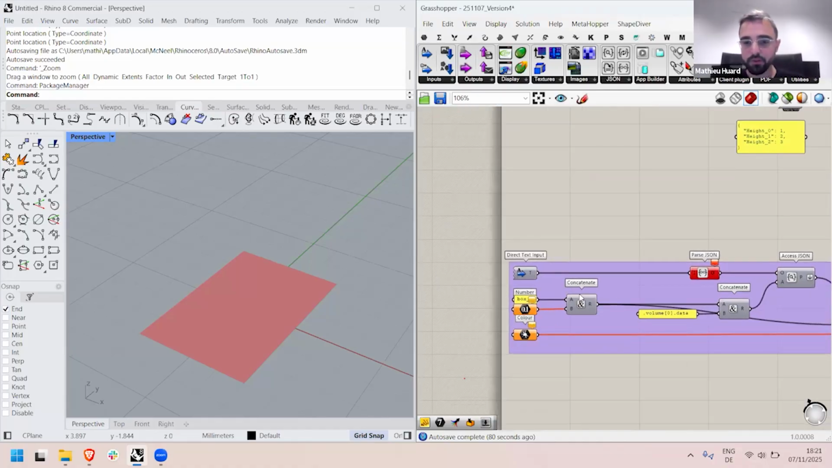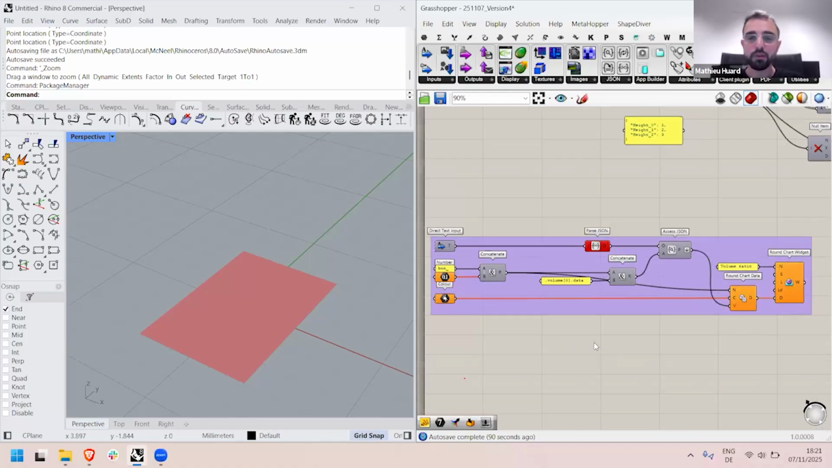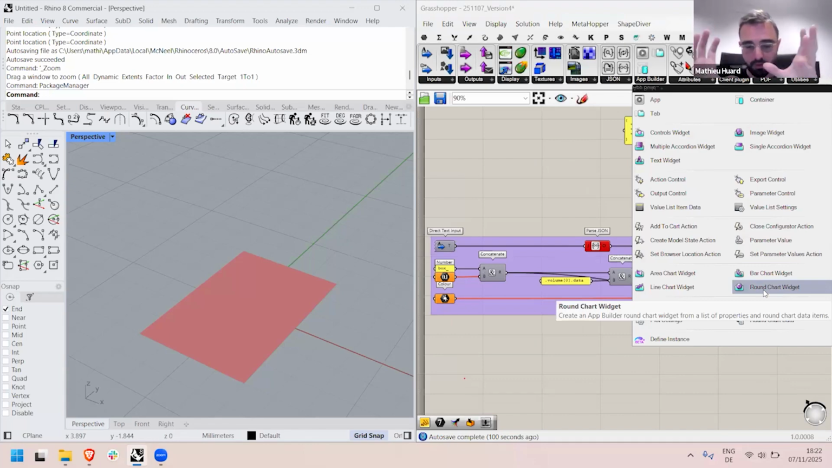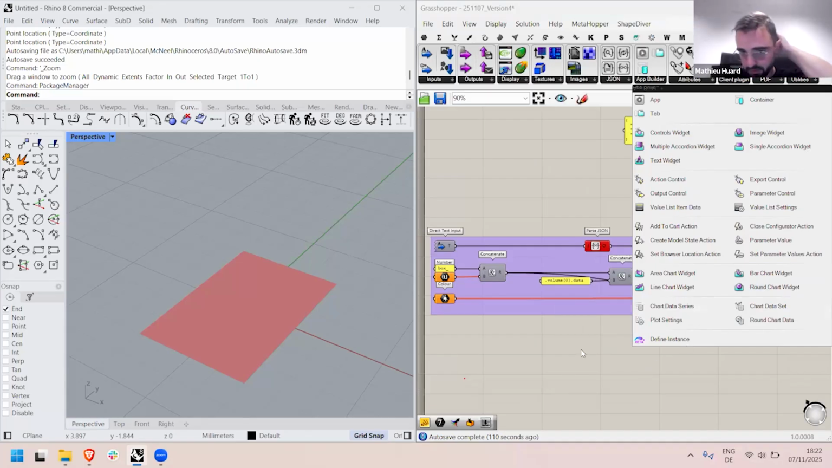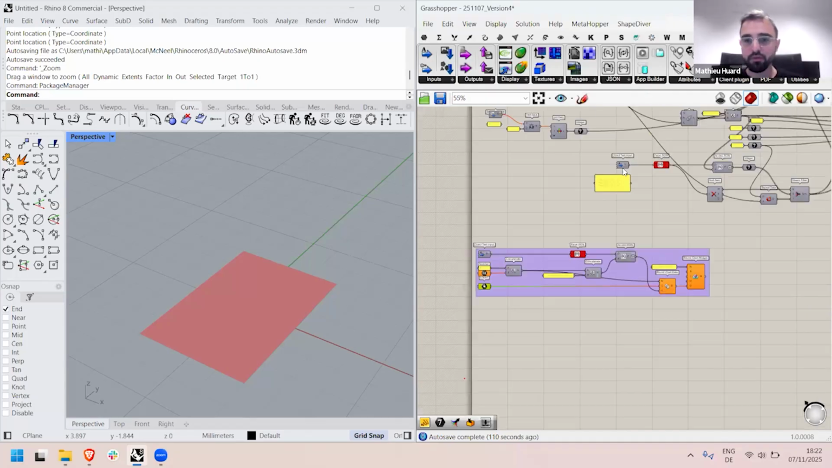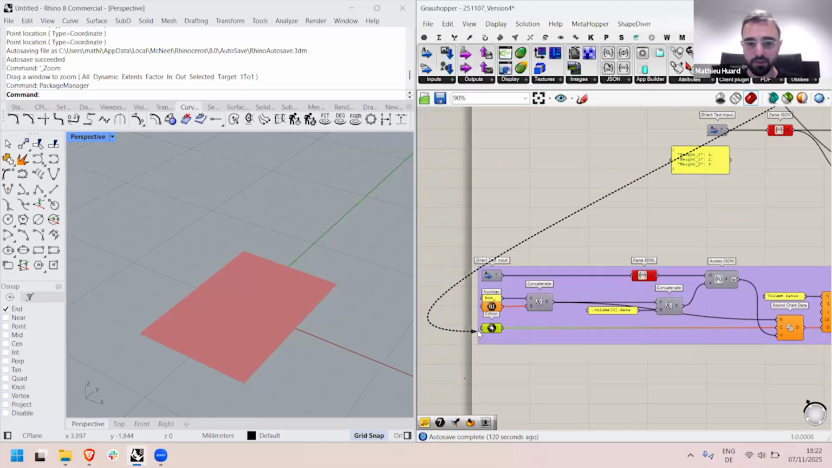So here, what I want to do, and that's what I copied here, is something very basic. Use one of the app builder features that's been in app builder for a while now, and do a round chart widget with the different colors of my different volumes, and with pie slices the size of the volume, essentially. So what I need is to send round chart data with the colors of my different boxes, and